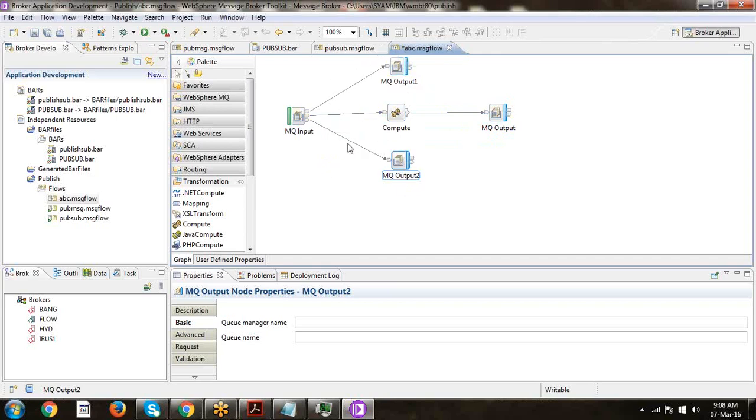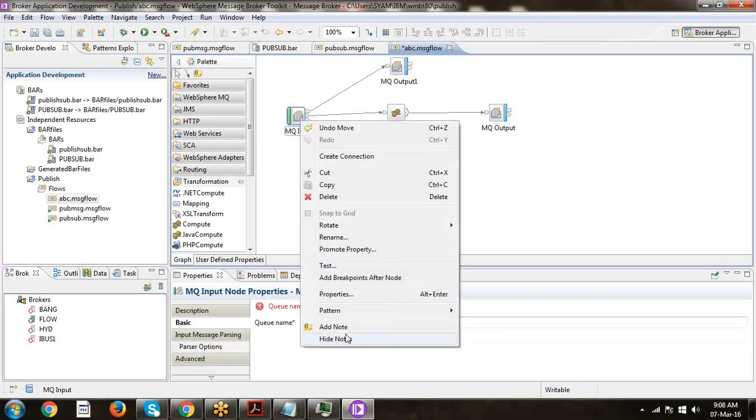Okay. So in this way, otherwise we have a backout queue also. For example, an application is writing a message here, and it has to be routed to the destination, applying some business rules here. If there is some failure, some exception is thrown. So what will happen? It throws an exception, right? So there is a queue called a backout queue.